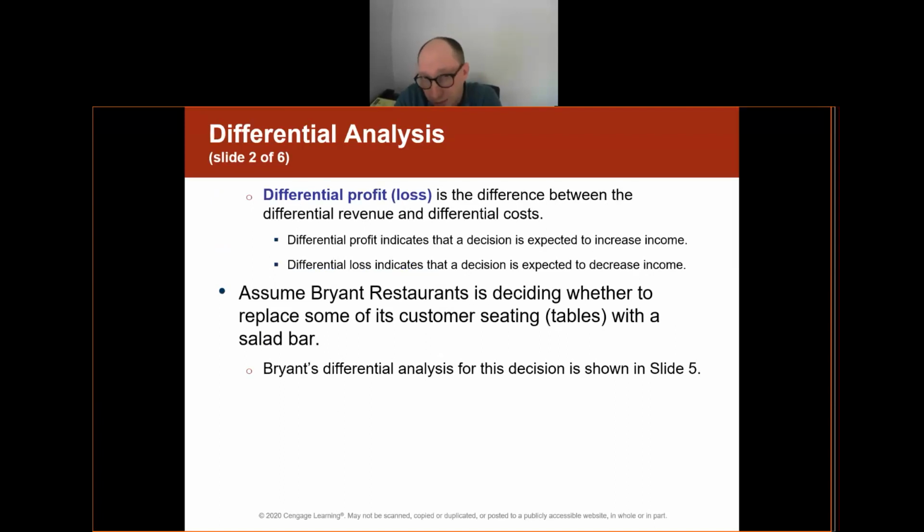Which leads us to the difference in profit or loss. If revenue goes up and our costs go up, as long as our revenue is greater than our cost, we'll have an increase in profit. If revenue goes up and cost goes down, that's even better. That means our profit went up even higher. If the opposite is true, if our revenue goes down and our cost goes up, that means our profit has